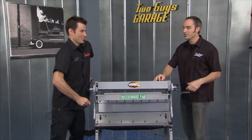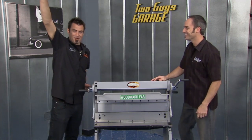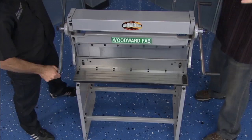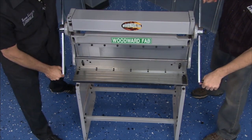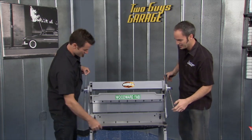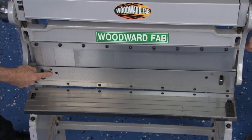How many of you guys out there have too many projects, not enough space, and not enough tools? I do. This is a great way to get 3-in-1. It's the Woodward Fab 3-in-1 sheet metal tool. How can it be 3 tools, Byrd? It's only one. Well, you look at the bottom, there's a little sheet metal shear down here. Watch your fingers. Yeah. In the middle,